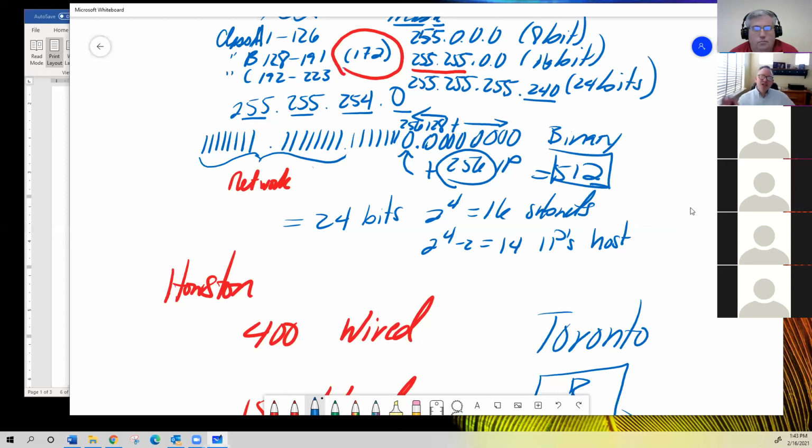So you can only double these numbers: 256, 512, 1024, 2048, 4096. See, so you're doubling. You can never have 400, but you can have 512, which is pretty close to what